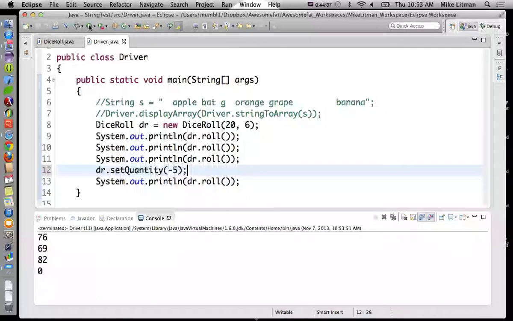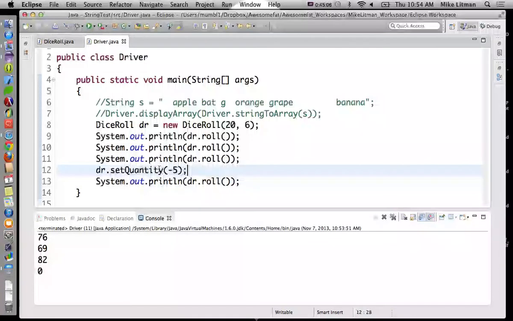That makes sense. Does it? Or in real life, if somebody said roll -5 d6, would you just slap them in the face? 0 as the output doesn't really make sense. It's sort of kind of acceptable-ish. It's like, okay, well, I can't do that, so I got nothing. So maybe 0 is your way of slapping him in the face, being a nice guy. But the reality is wouldn't we want to ensure